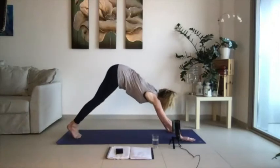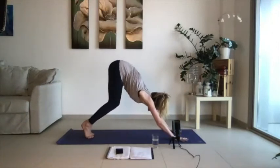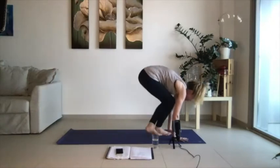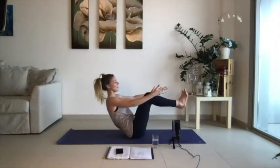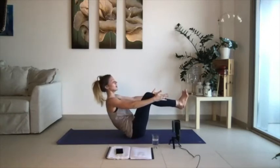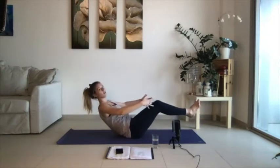All the way up into a down dog. From your down dog, we're going to step our feet forward and then just come onto our bottoms and into our boat, our Navasana. Take an in-breath, stay lifted as you are. And then exhale, hinge back and hover for 3, for 2, and then for 1, come all the way back